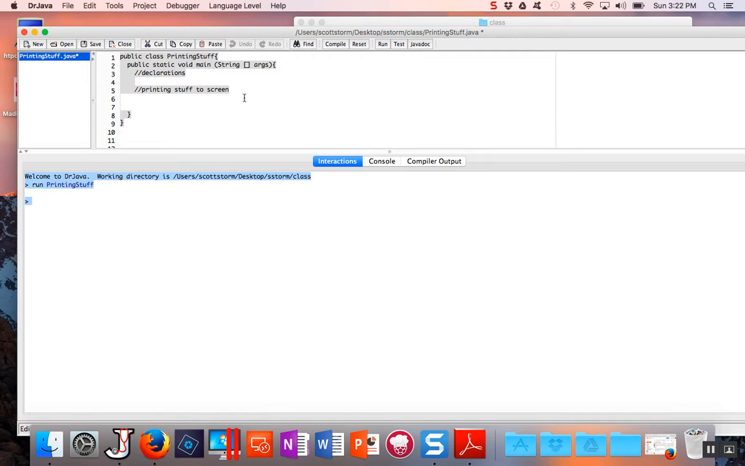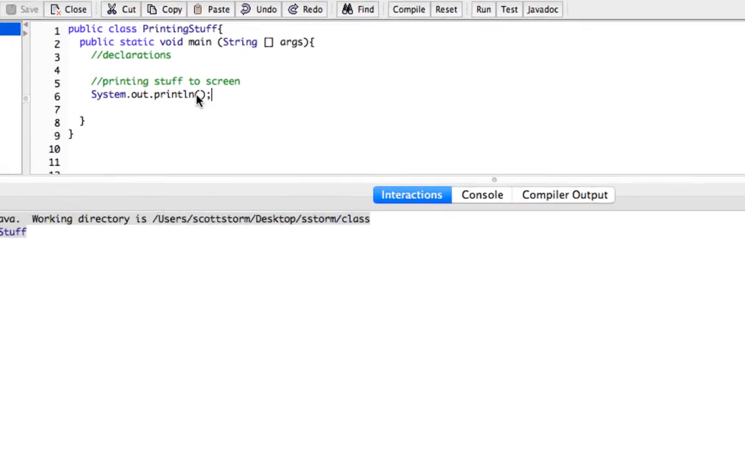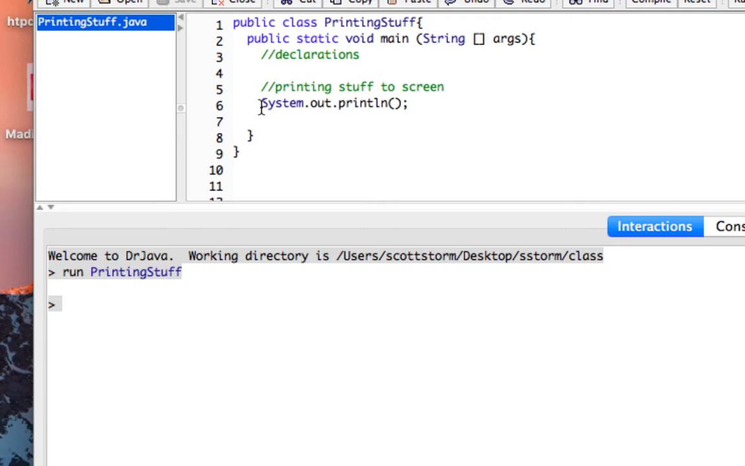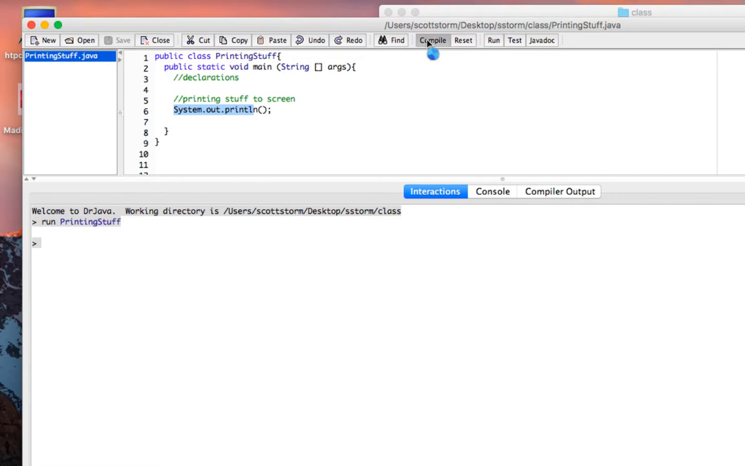So what we want to do today is learn how to print things out to screen. The first command you want to use to print stuff to screen, and this is a big one, is System.out.println, and the System is a capital S, and then open parenthesis, close parenthesis, semicolon. Whenever you type this line, this just tells Java, hey, I want to print something out to the console window. So whenever we compile and run it,